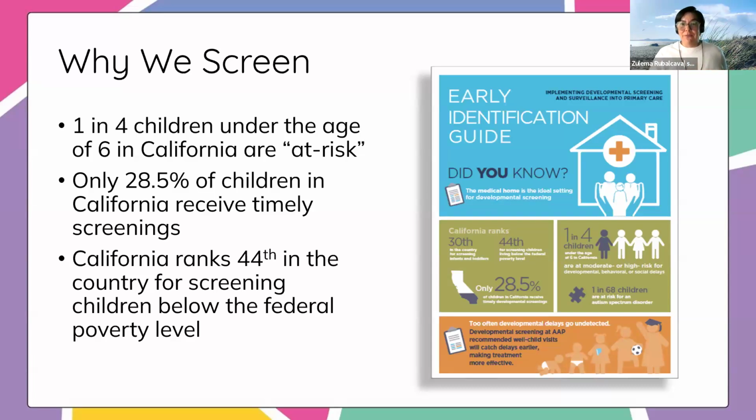So for San Francisco families, you are considered living as a low-income family if you are a family of 4 and you're not making more than $156,000 a year. A lot of the families that I work with do not even hit that, right? So that poverty risk factor is huge. And so for me, 1 in 4 is actually really small. I say it's more because there are a lot of other risk factors, right?